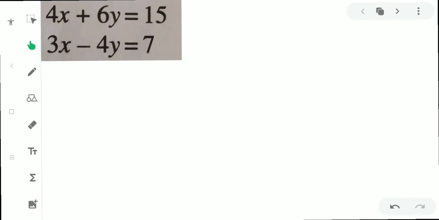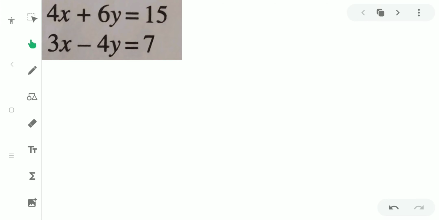Hi friends, today we are going to discuss how to solve simultaneous linear equations by using the method of cross multiplication. In this video, we will be clear on the topic. In the previous video, we have already solved one example to try to understand the concept. So in this video, we will be doing another 3 examples and we will make the idea clearer. So let us get into the video.